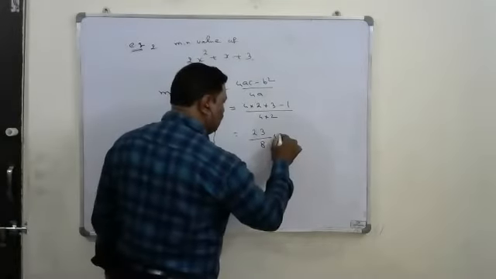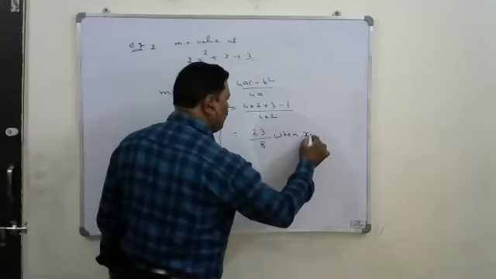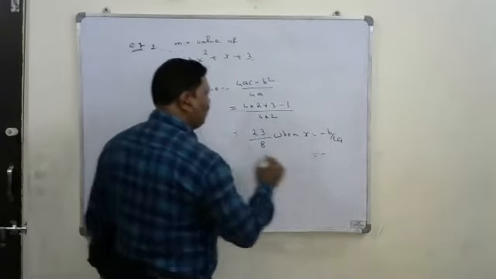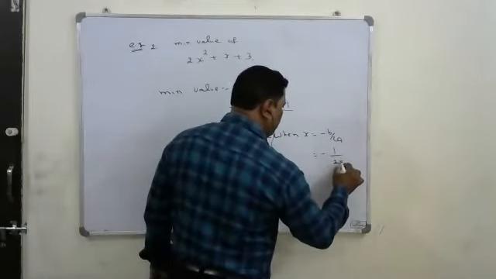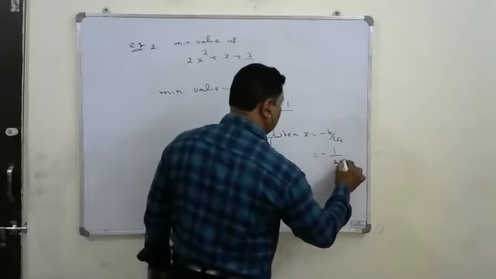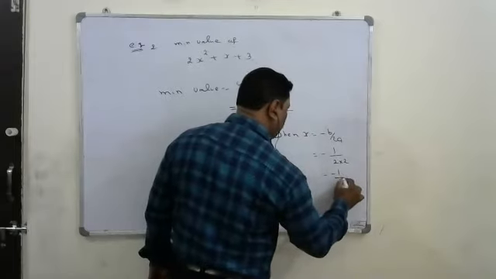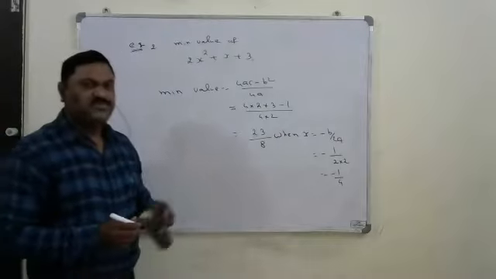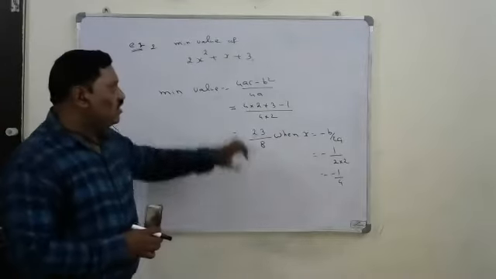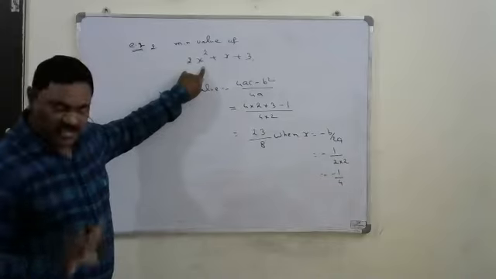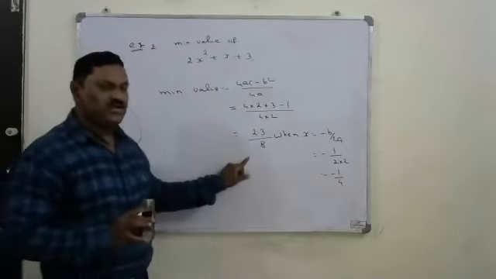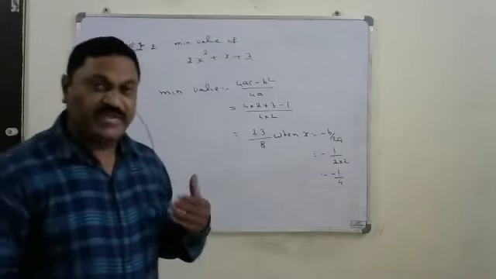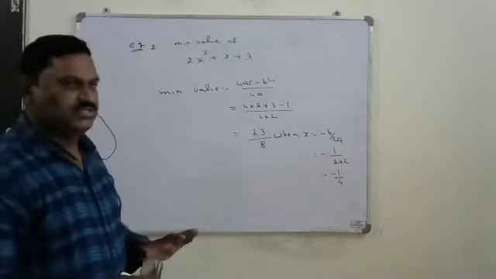That is when x is equal to minus b by 2a. So it is minus b, means minus 1, upon 8. 1 by 8? No, it is 1 by 4, right? 1 by 4, minus 1 by 4. When x is equal to minus 1 by 4, this expression gives the minimum value, and that minimum value is this much. Understand? Okay. So like that, theoretically we can find the maximum or minimum value of that particular expression.